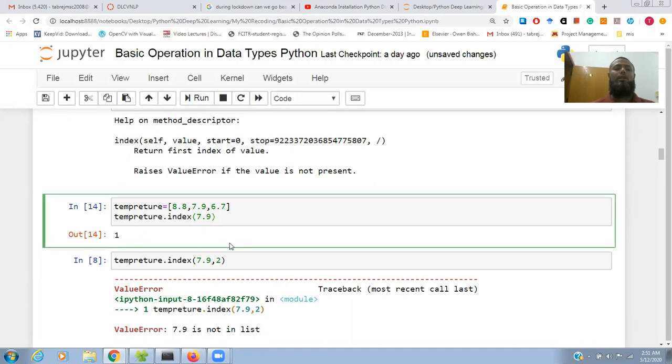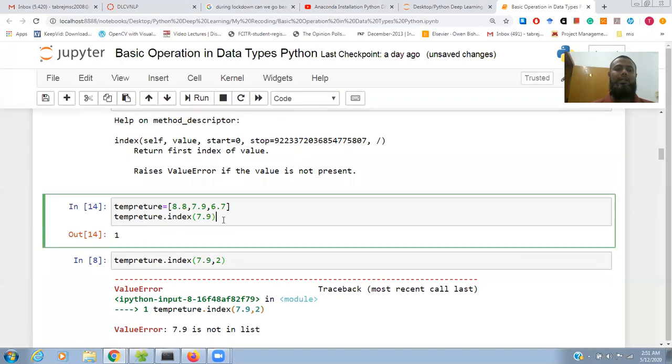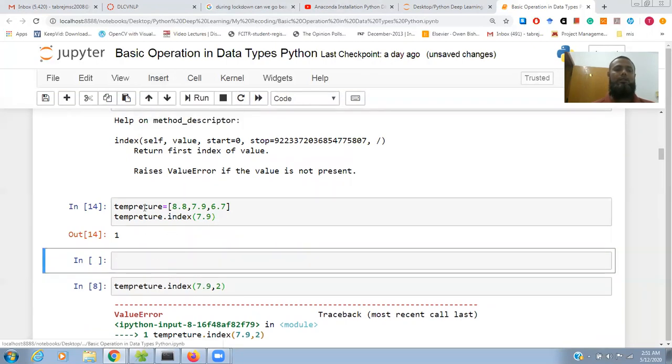Same thing, if I want to start from 2, I will write in a cell below: I want to find the index of 7.9, sorry, and start from, suppose, 2.